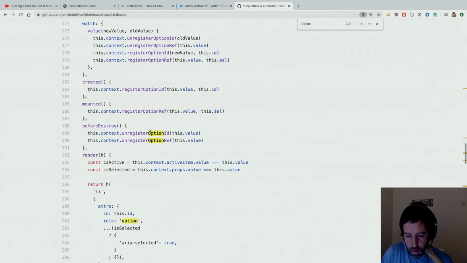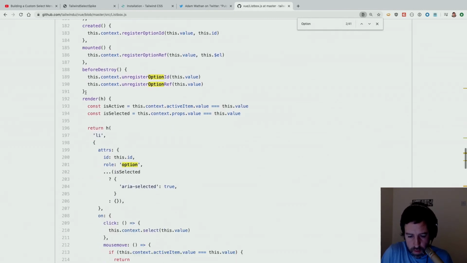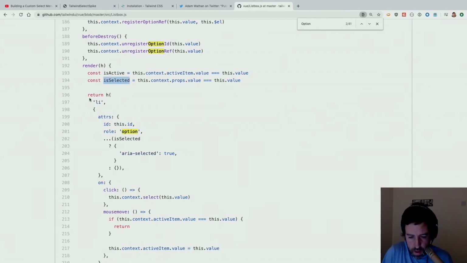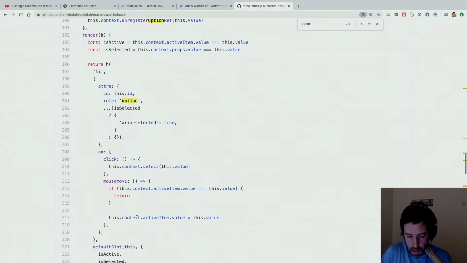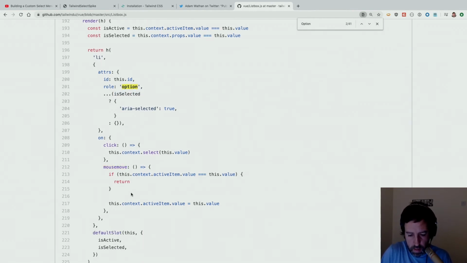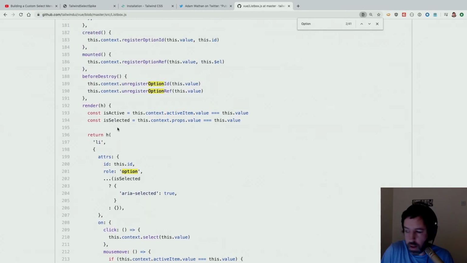But let's start with the most basic part of it. So here, I guess it's where it's rendered. It knows if it's active or selected, and it renders an li with some attributes. It's got a role, and if it's selected, it's got an aria-selected attribute, and it's got some behavior if you click it or on mouse move. Okay, so translating this into Ember,